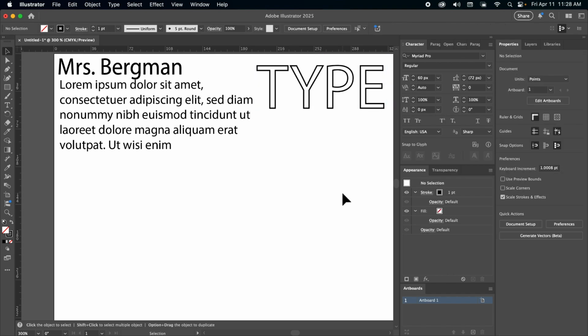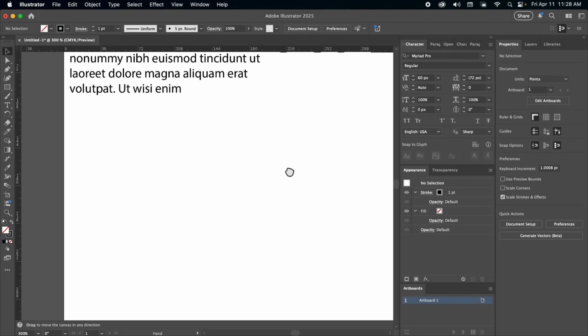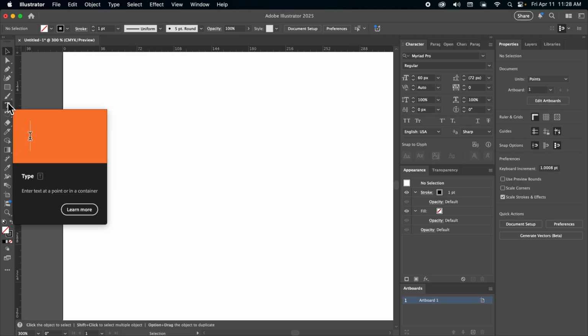And that is going to be the first way that we learn how to stylize type. Change the fill color, you can do gradients, you can do all kinds of things, and also change the strokes. So, 2 point black stroke on the word type. All right. So that is our 3 steps that are using the regular type tool. What used to be called horizontal type is now just called type.